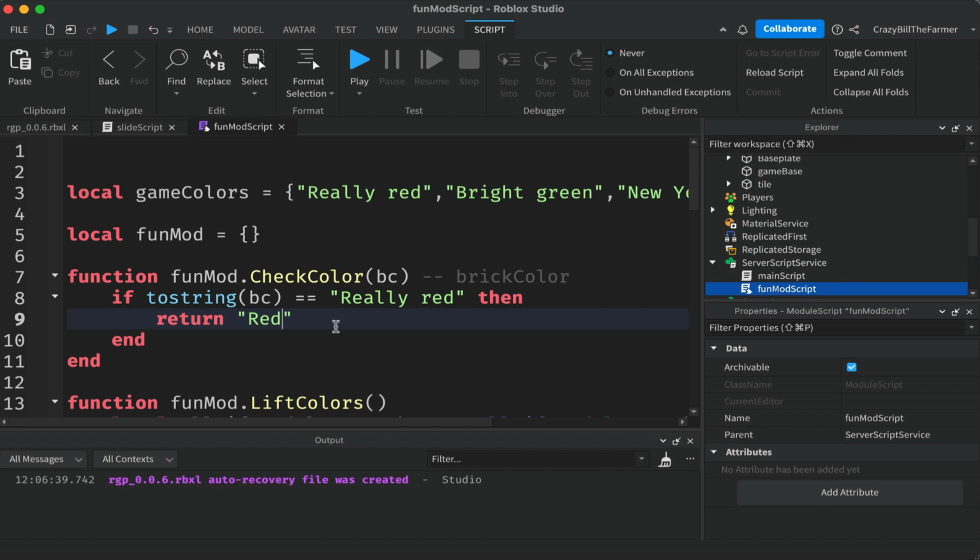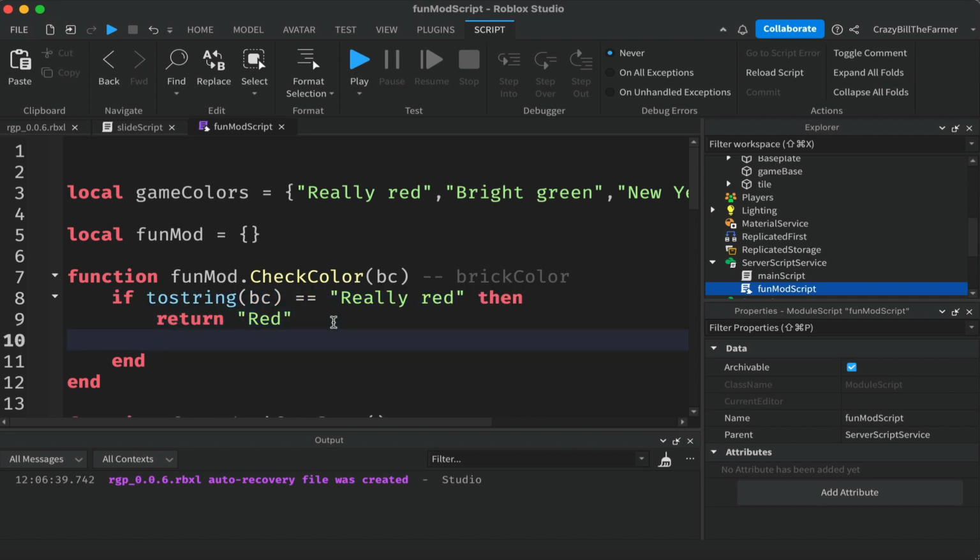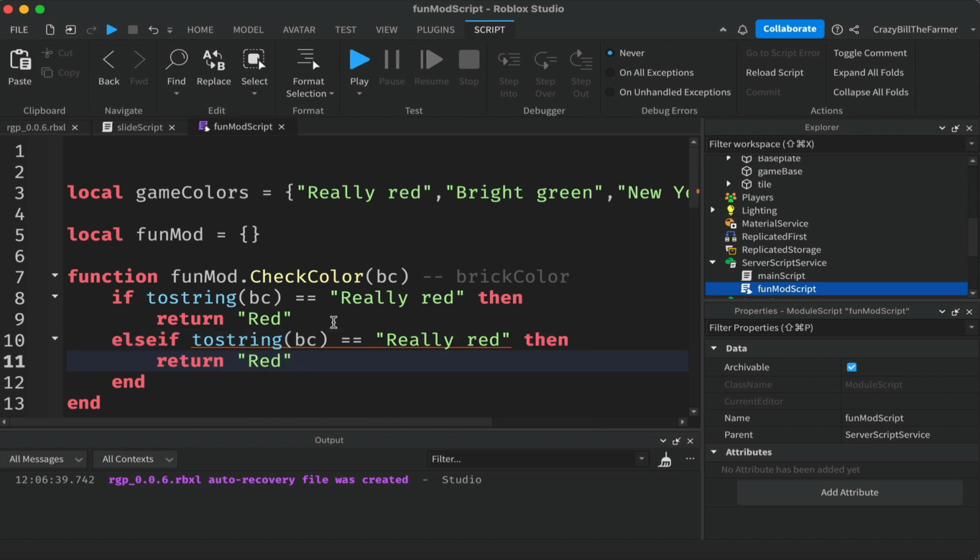So if we take a copy of all of this and then just drop down and type else and paste, and now we just need to change the next one, which will be bright green, and we're going to return green,